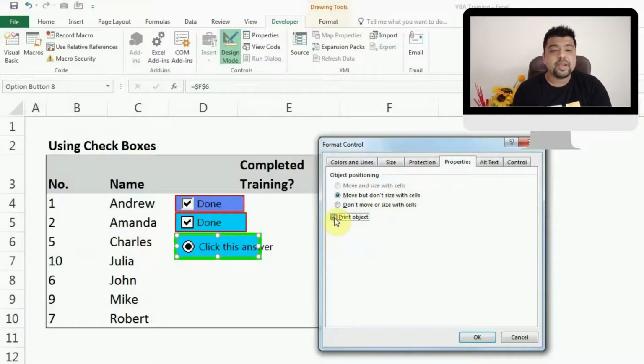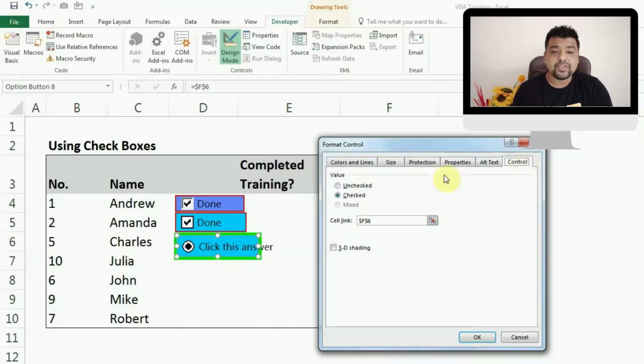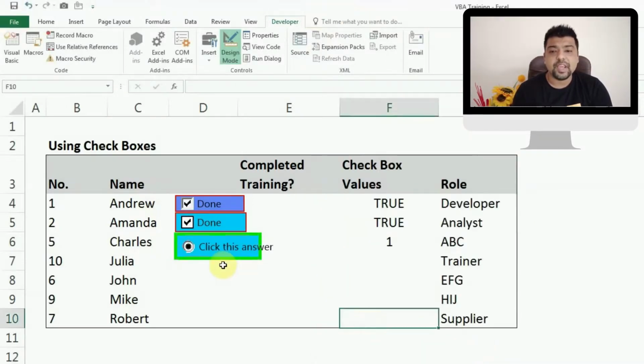Apart from that, as for alternative text, I have mentioned this is used in a website where your file is going on some website. Apart from that, this is of no use. So we'll move to the last tab, which I think I've already shown you. There are a few options you can check or uncheck, right? And cell is already linked, F6 in our case. And the last one is 3D shading. So we'll just click on it and see what 3D shading is, right? Some depth effect has come here if you can notice, right?